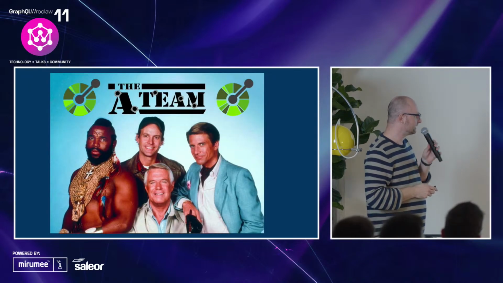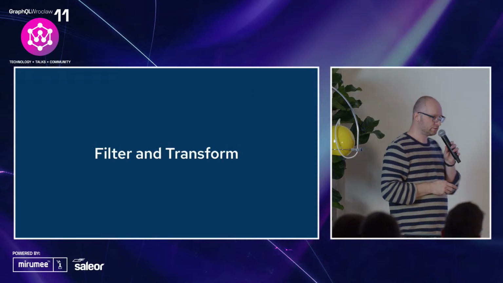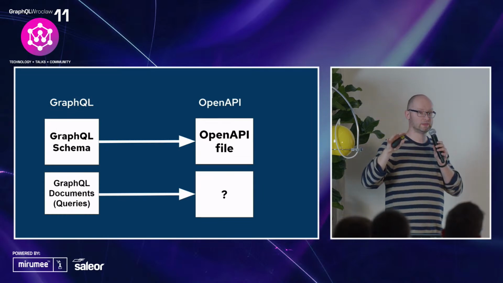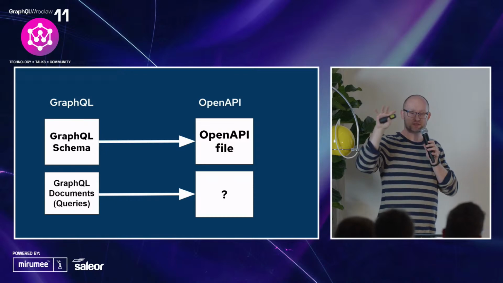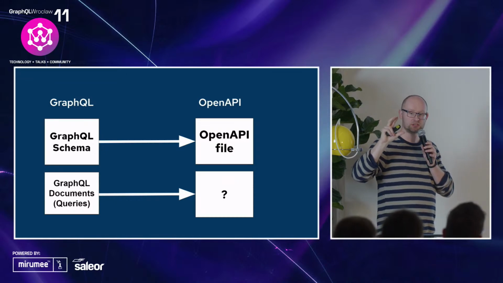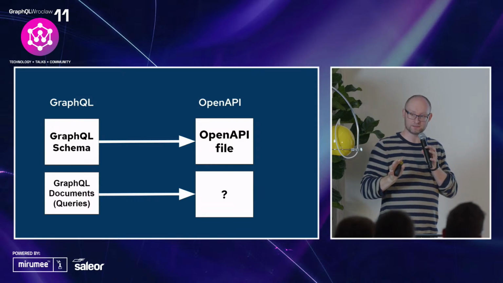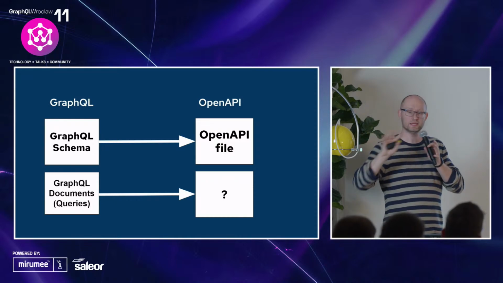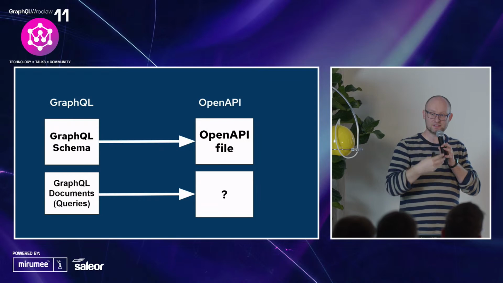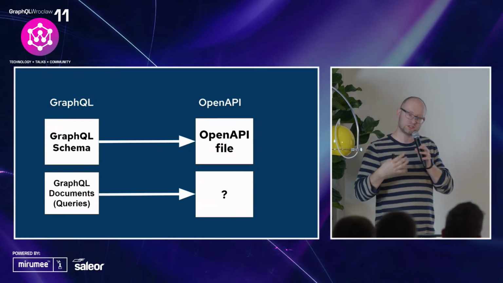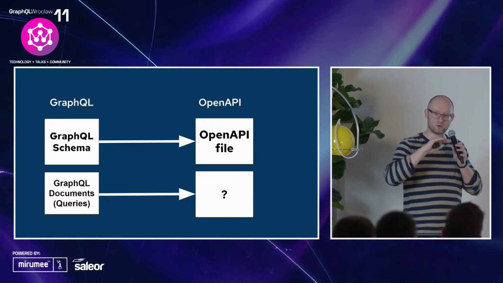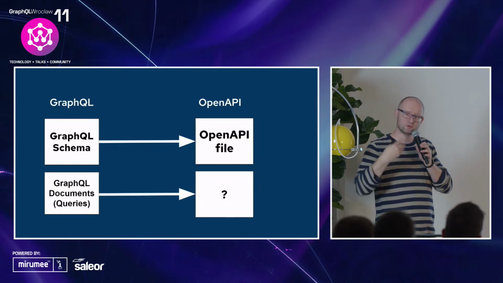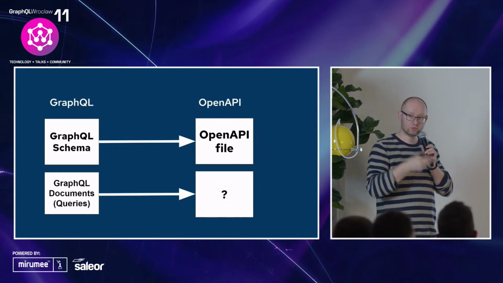So let's pick some tools to build this. So first, for filter and transform, on the very left, we have GraphQL, and GraphQL comes with a schema. So remember this GraphQL schema, it's something that represents your data model and usually represents all the capabilities you have on the backend. And then you have a GraphQL document. This is what your individual teams working on UI and so on are writing by hand because that's the data queries they have. And those data queries usually are transformed by OpenAPI generator, Apollo generator, to actual TypeScript, Go, any language you use on a client to call this API.